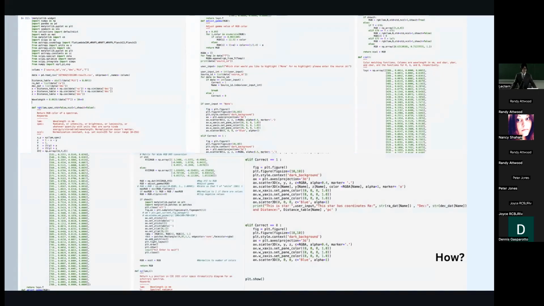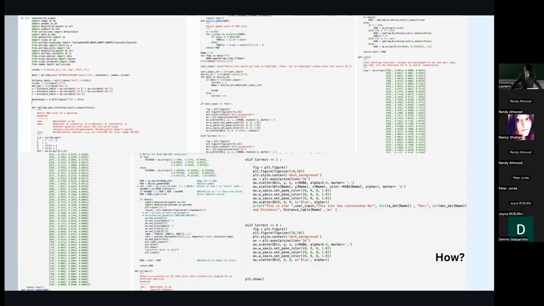So here's what the code actually is. There's multiple lines of code. To break it down, basically what it does is first it grabs the data from the CSV file, and it sorts it. And then it does run some calculations. It matches the effective temperature with a wavelength of light, which then matches it to an RGB value, which then we can plot it all onto a graph, which is interactable.